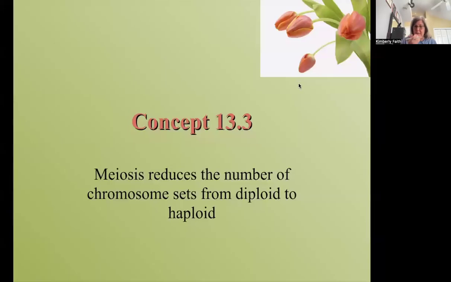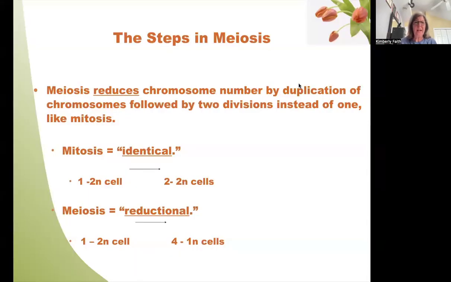When we talk about meiosis, it has some of the same steps as mitosis, but it has two sets of cell division, and we're going to go through that. So again, meiosis reduces the chromosome number by duplication of these chromosomes, right? And then we have two divisions. So the first division,